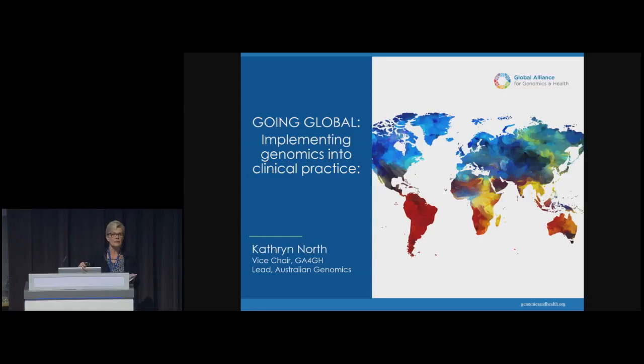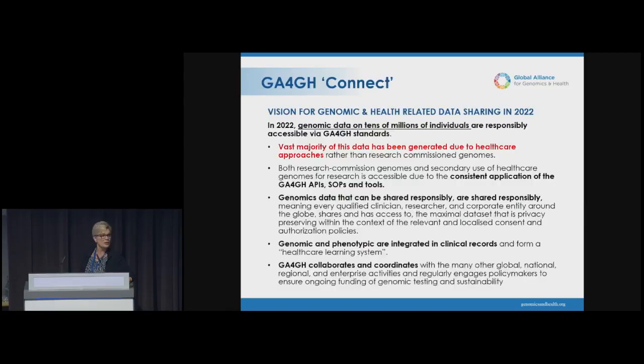Where I'd just like to lead off is with one of the themes of this meeting, which has been going global. As we've talked about how to implement Global Alliance standards, we've found that probably one of the most efficient ways to do so is at a country or continent level. When we look at the strategy for the next phase of the Global Alliance, which many of you will have seen on this slide, one thing that comes through very strongly is that so many of the genomes we're going to be generating will be generated in clinical practice, and thus we look at the national initiatives which involve the integration of